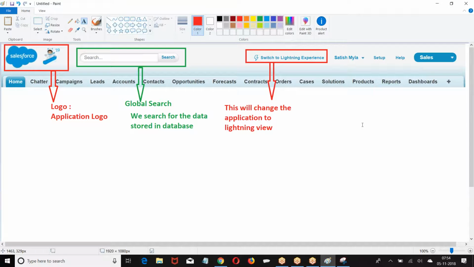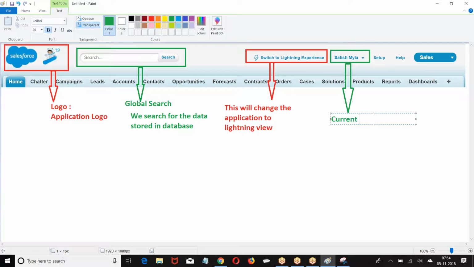So we have logo, global search, Lightning. Then the user who logged in. Current user who logged in.